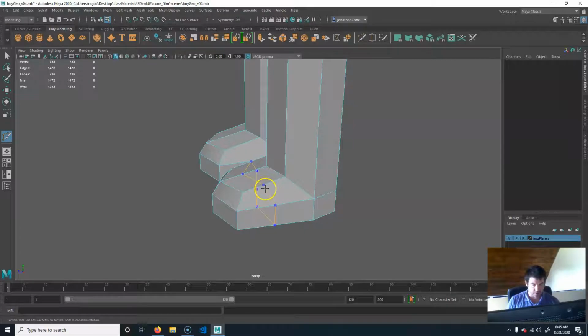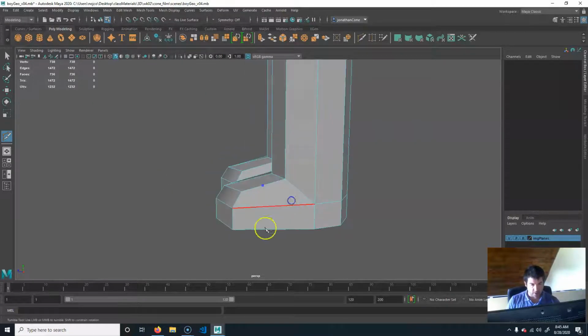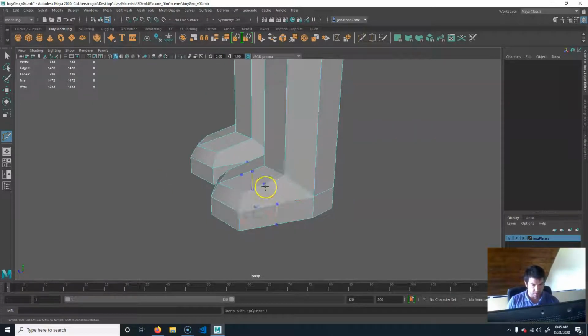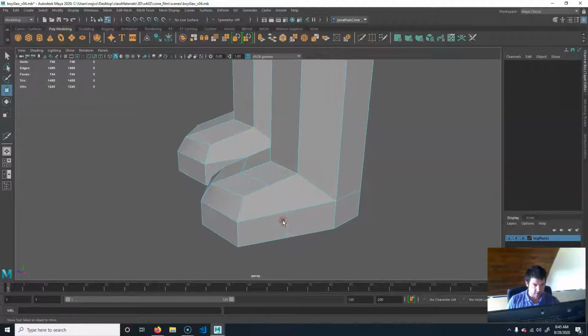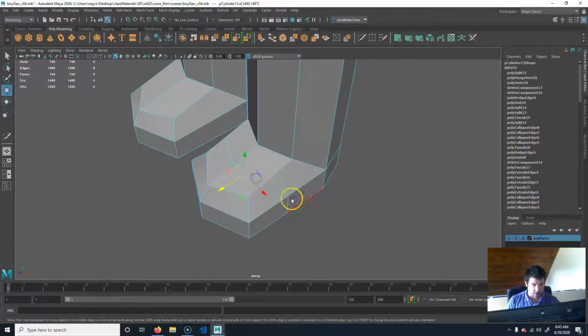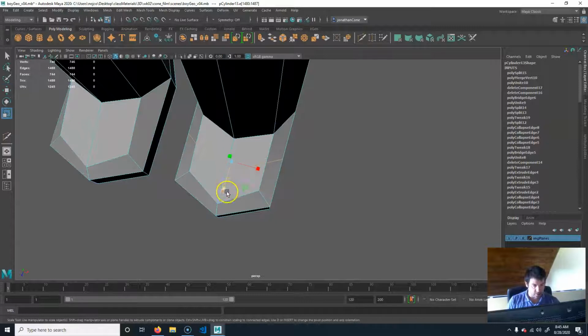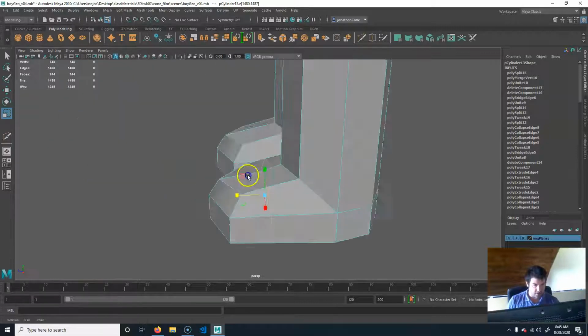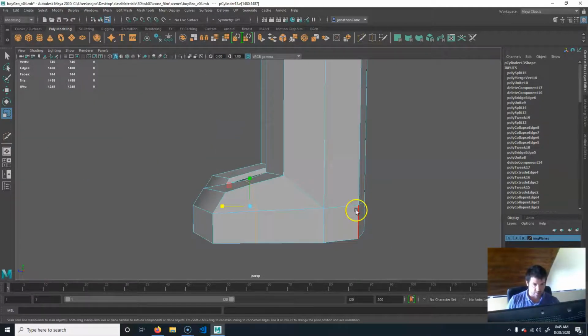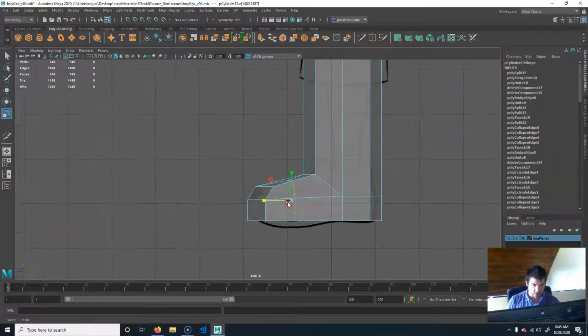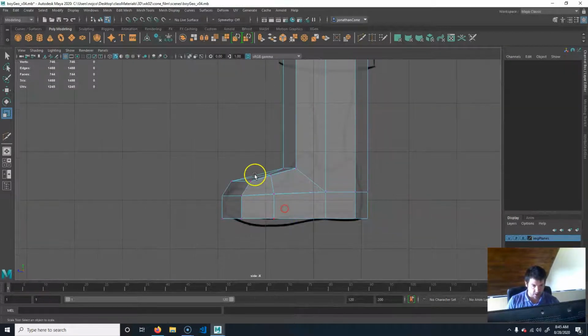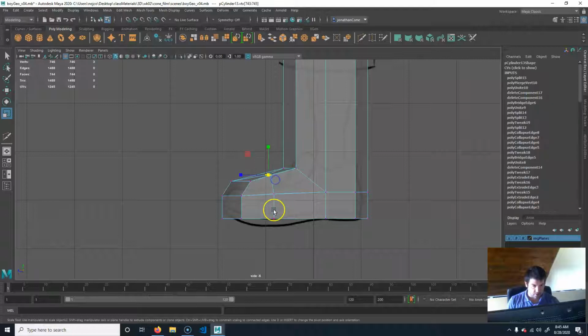So I'm just going to put one in the middle here to use that. Come on, hold Control, click. There it goes. To use that as a guide, I'm going to double click on this edge loop, and I'm just going to flatten this out a little bit. And then I'm going to switch to the side view here. I'm going to right click, go to vertex, and I am just going to grab these and